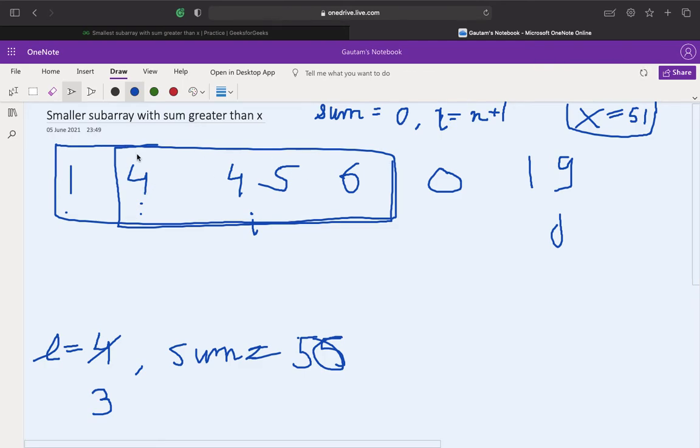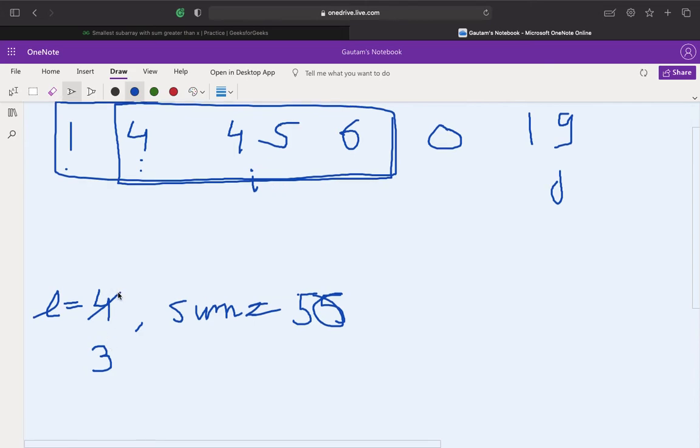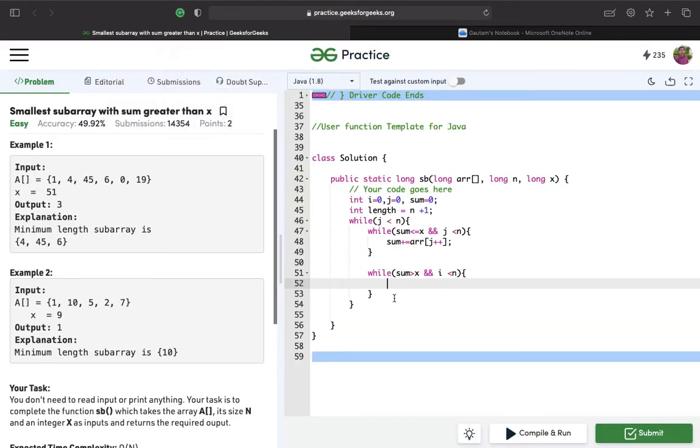So what we'll do is we'll check the length of this subarray, and if and only if the current length we get is less than the existing length, then only we need to update it, right. So we'll now check if the current length, that is j minus I, because j has reached one position beyond, so we don't need to do j minus I plus 1, because j has already made an increment. So we'll simply do j minus I.